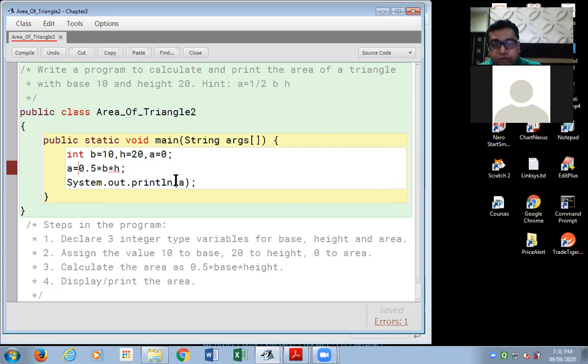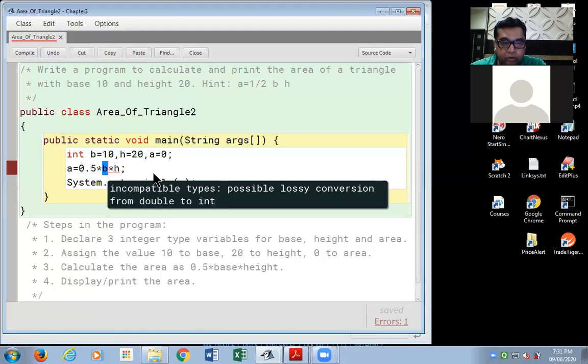What type of value is it? Float value? Yes. So in this calculation of area, I'm making use of 0.5, which is a float value. I'm multiplying that with b, which is integer, and further multiplying it with h, which is integer.